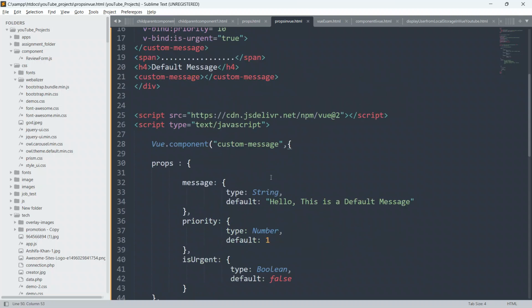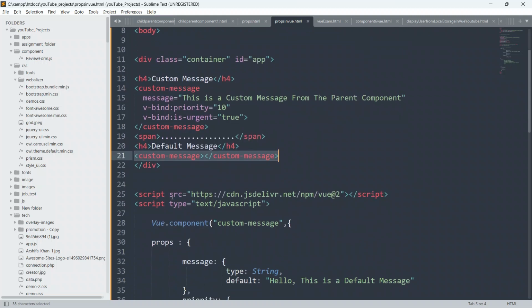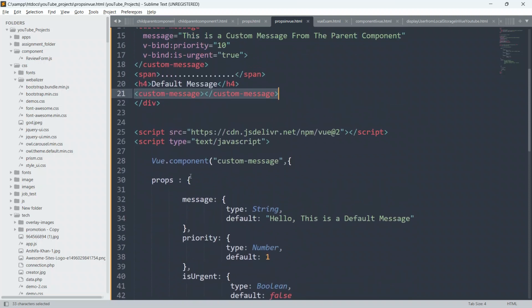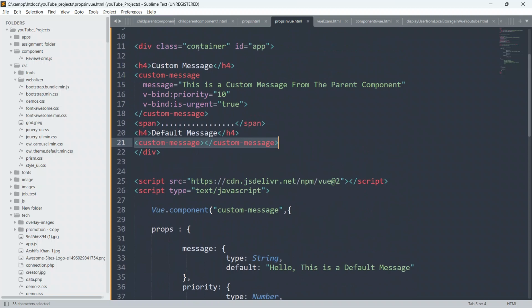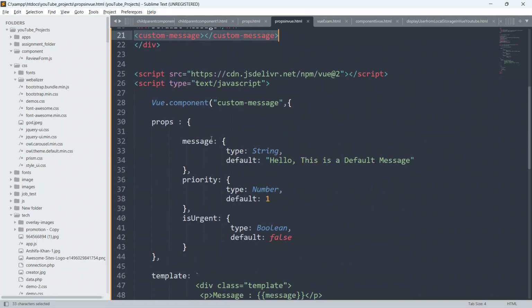Now below this, inside the default message, we are defining the same custom message child component, and we are passing nothing. If we don't pass any custom value, the child component is going to use each and everything from the props as a default value.